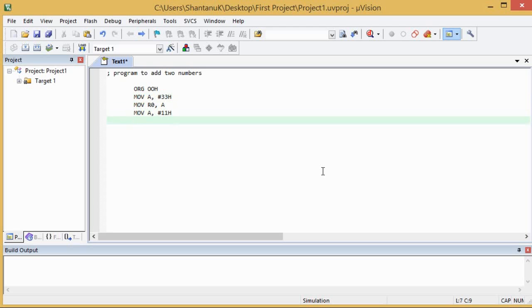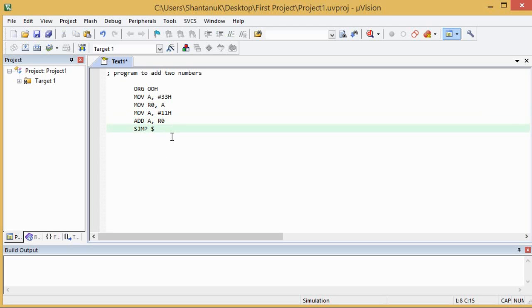And I will say ADD A, R0, adding the content of the accumulator with R0. And SJMP on the same instruction, because I don't want the program counter to keep on increasing. Now this is our simple program. We are taking 33 into the accumulator and saving that 33 into R0, and we are taking 11 into the accumulator. So 33 will get added with 11 and the result, 44, will get stored into the accumulator. Fine, so this is our program.